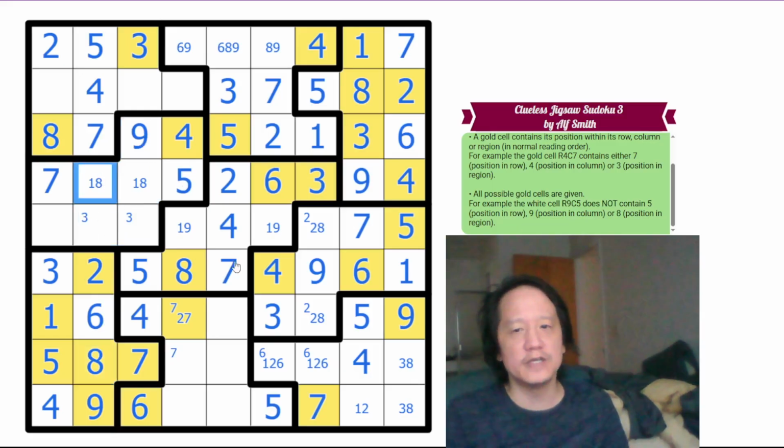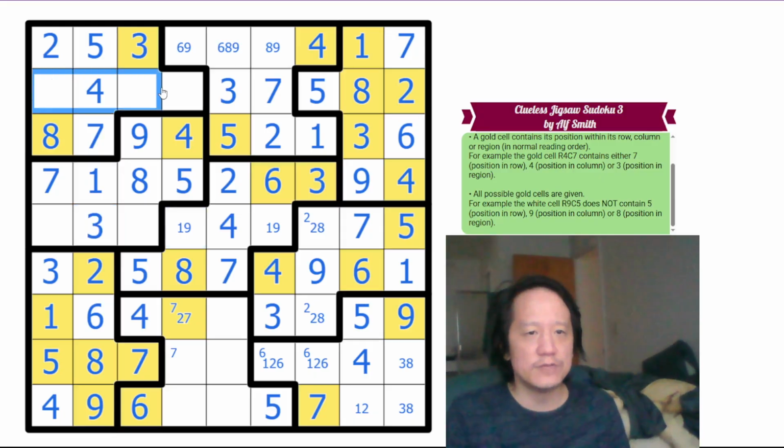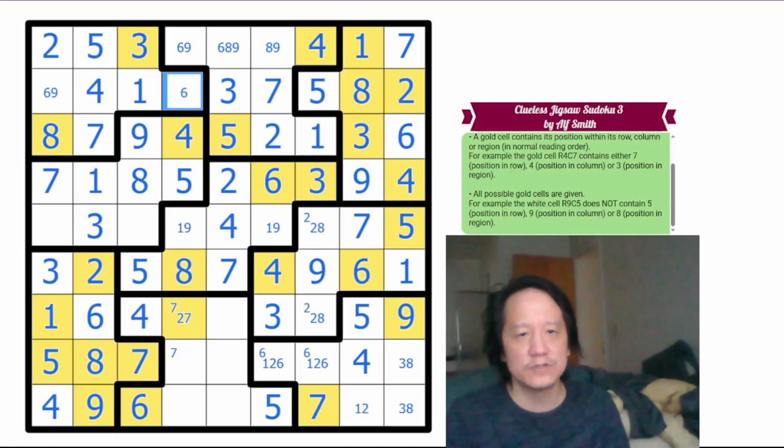This 8 eliminates 8 here, so it's 1 and 8. This can't be 3 because of 3 in the column, so this must be 3 here. The remaining digits in row 2 are 1, 6, and 9. And this can't be 1, so this is 6 or 9. This can't be 6 or 9, so it's 1, which forces this to be a 6 or 9 pair. We have a 6, 9 pair in column 4, which eliminates 6 and 9 in the rest of the column. So this cannot be 9. This is 1,